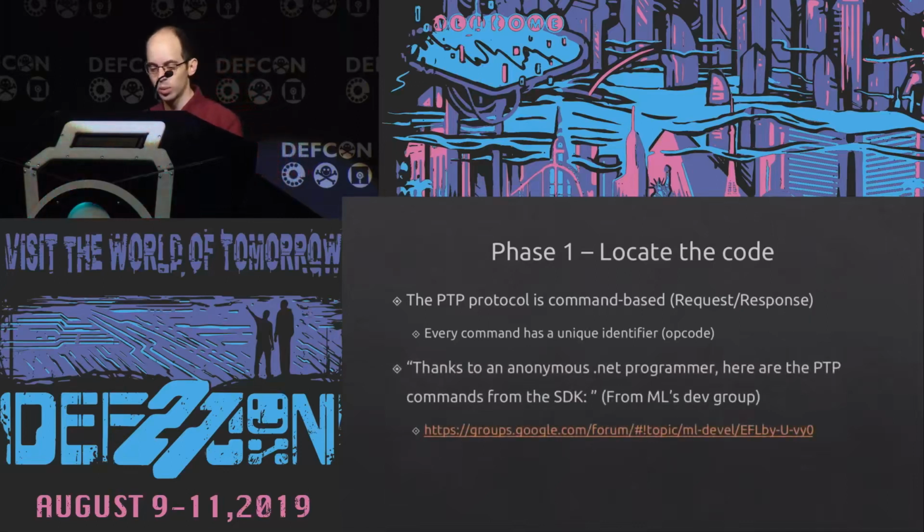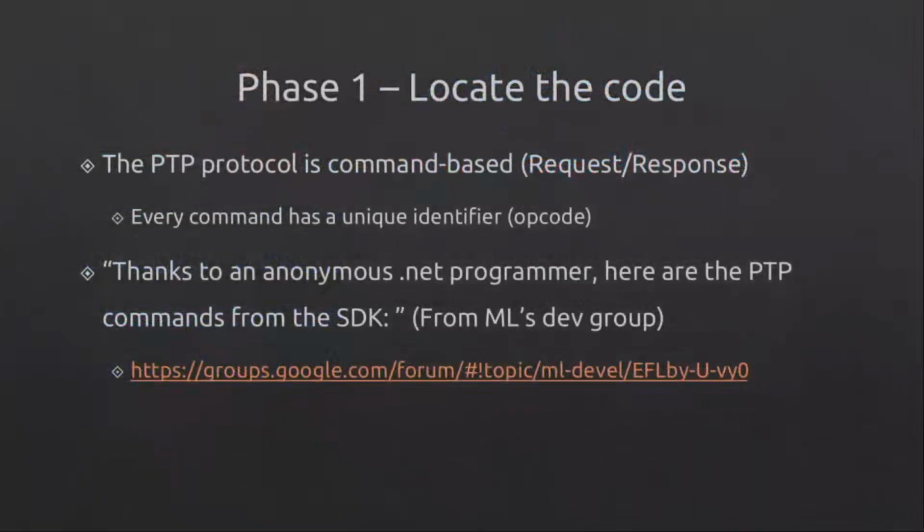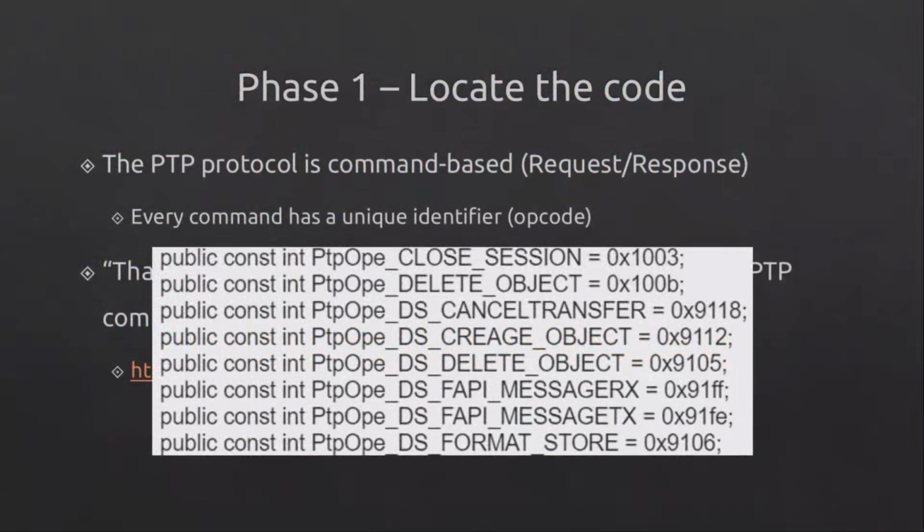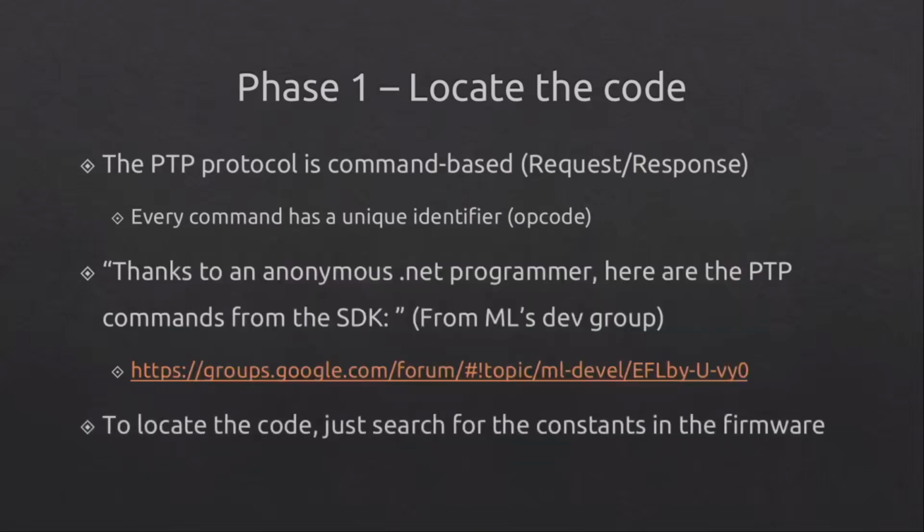And thanks to an anonymous .NET programmer, here we can see the PTP commands from the SDK, which was found on Magic Lantern's development group, and you have the link to almost the full list. Here we can see a partial list. We have commands to open a session to the camera, close a session, create an object, or what they have in their documentation. Each command has a unique identifier, and we can find them in the firmware. So the next part is to locate the code: simply search for these constants in